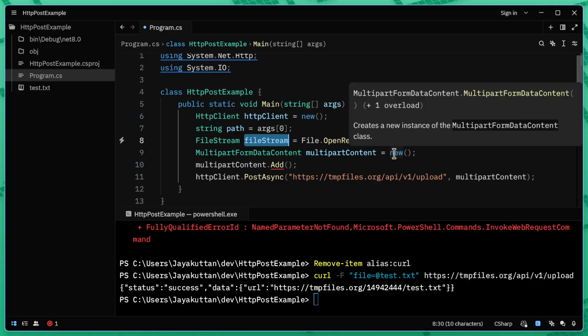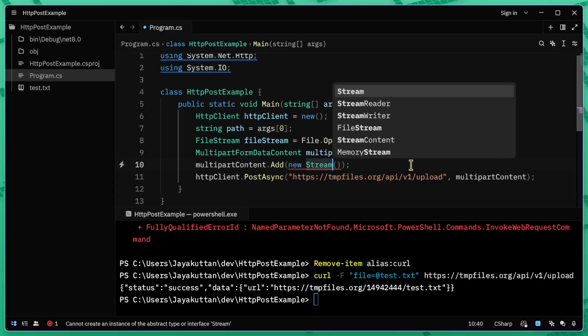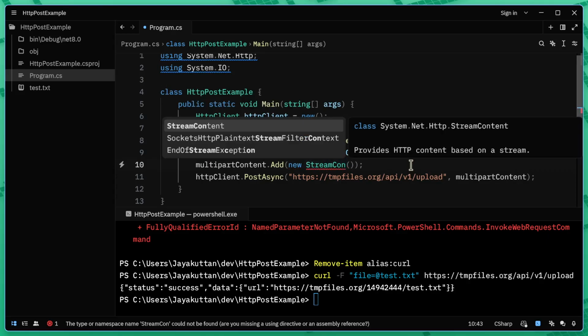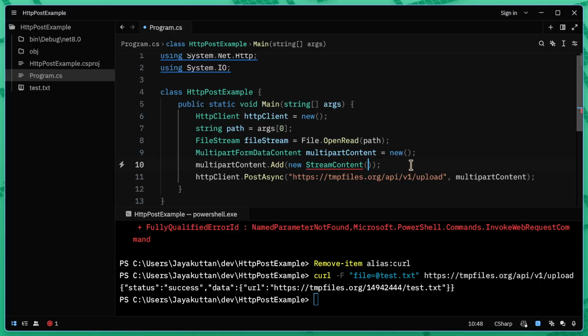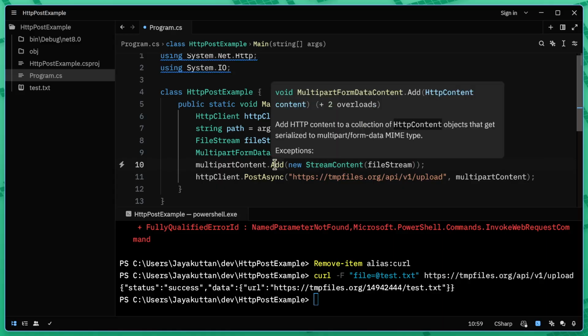So we just need to create a StreamContent from the file stream, and we can do that by StreamContent, and we'll pass in the file stream,